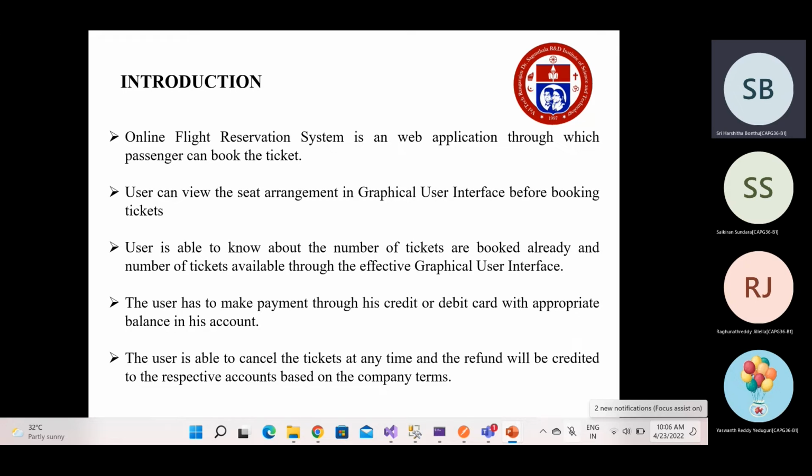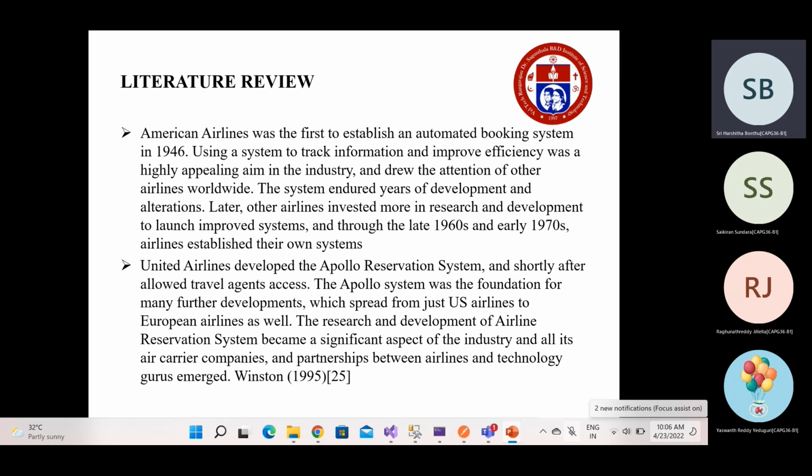The user is also able to cancel the tickets at any time, and the refund will be credited to the respective accounts based on the company's terms and conditions. While booking the ticket, he can view the seat arrangement in the graphical user interface before booking the